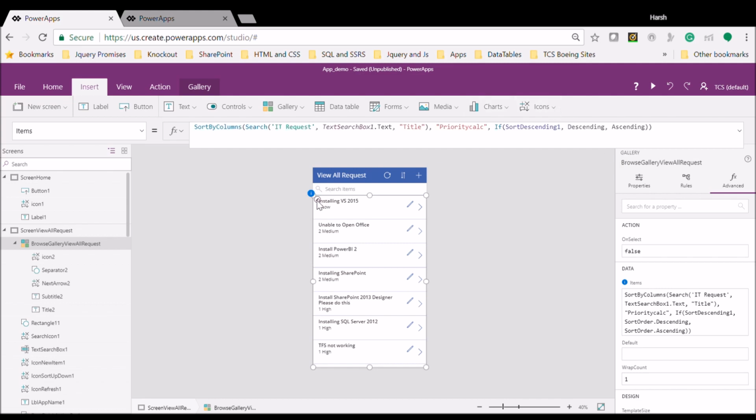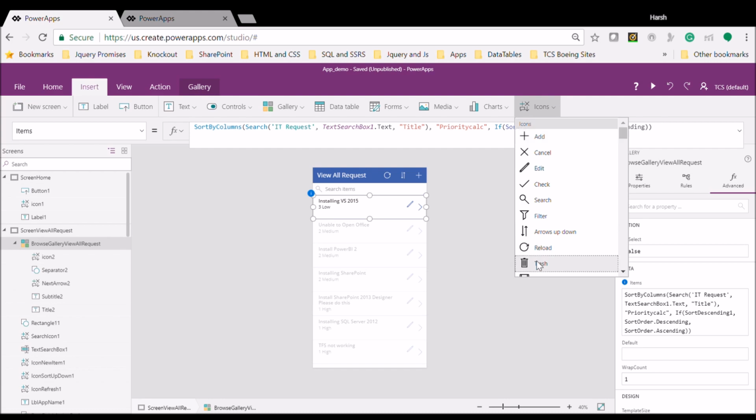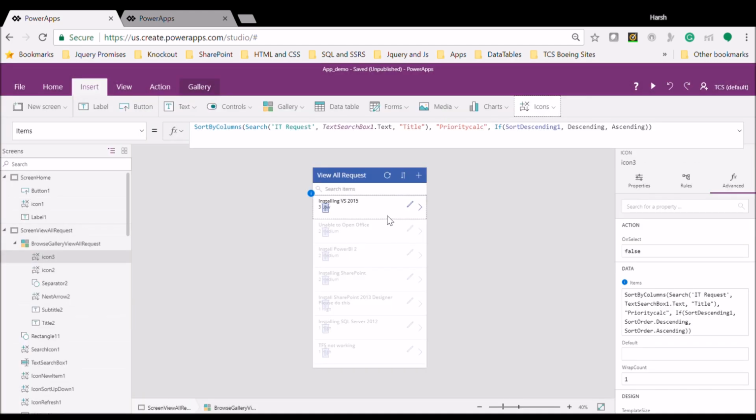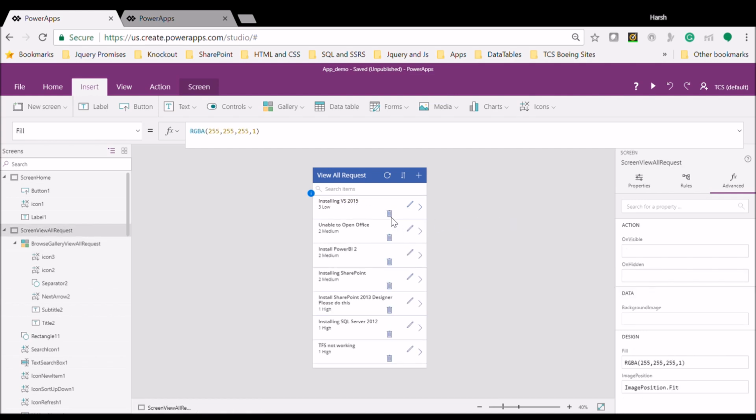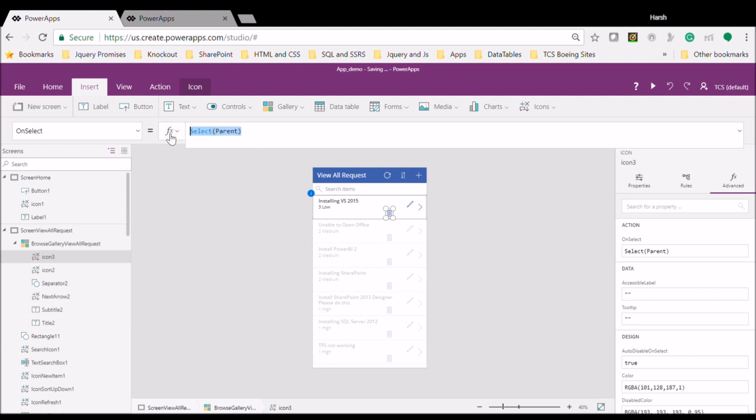So edit icons, trash. Okay, just add one small icon somewhere around here. Okay, and then click off this,